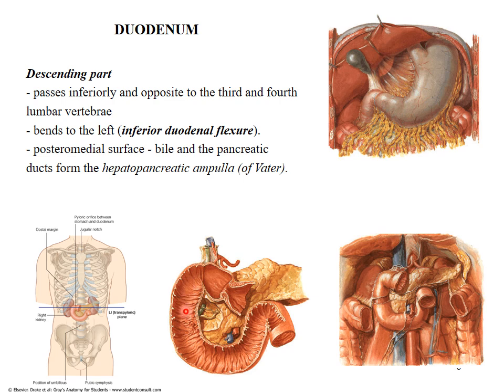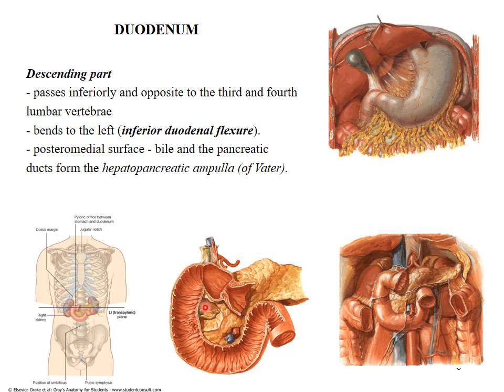That descending part is in relation with the medial margin of the right kidney and part of the right urinary system. Then the internal surface of the descending part is in relation with the head of the pancreas and two